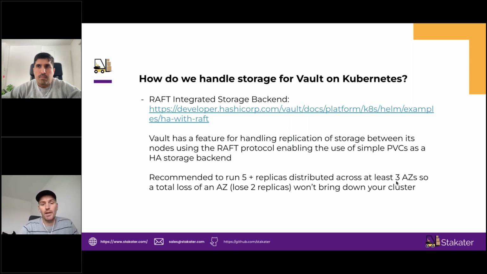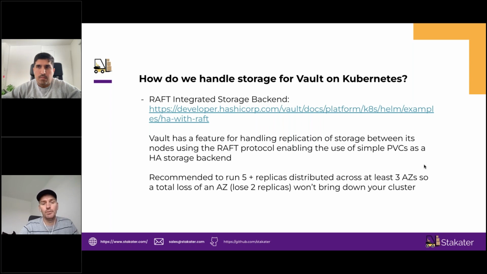That's a consensus algorithm that Vault can use to replicate its data between its own nodes, which means that we can now just use simple PVCs or persistent volumes and native Kubernetes storage to run Vault in a highly available way without having to introduce something like Consul or some other complexity to manage a robust storage backend. Each pod can have its own volume, and Vault will handle all of the replication of the data between its own nodes. So this really simplifies